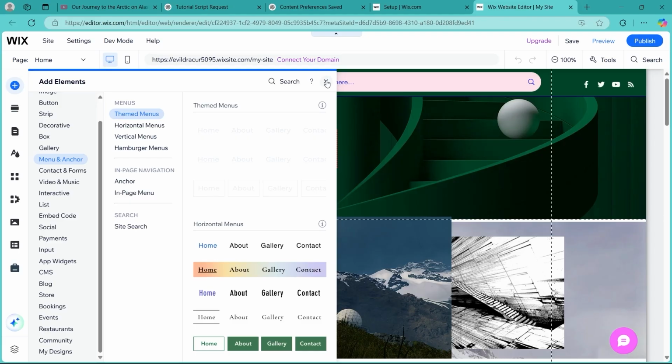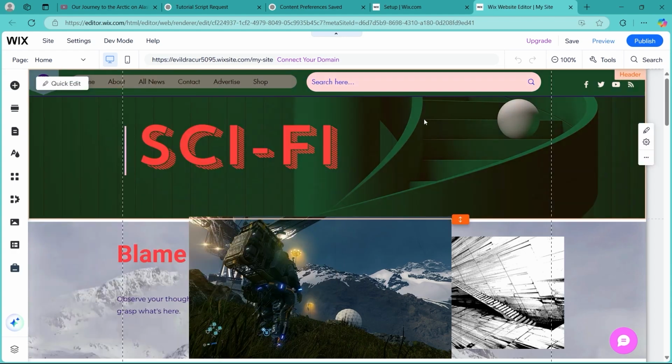Now, if the pop-up isn't collecting emails properly, click on the form inside the pop-up. Then click on form settings and make sure that the form is connected to Wix contacts or your email marketing list. Check that the submit button is properly linked to an action like add to contact list or send an